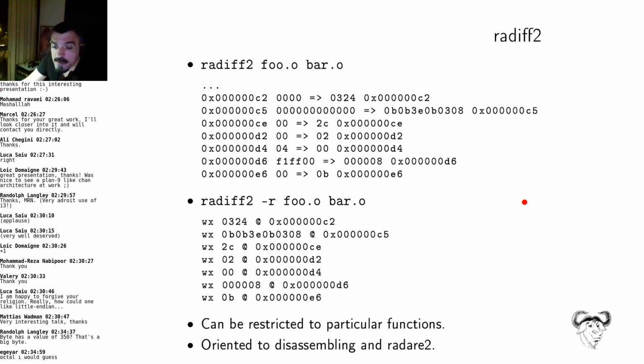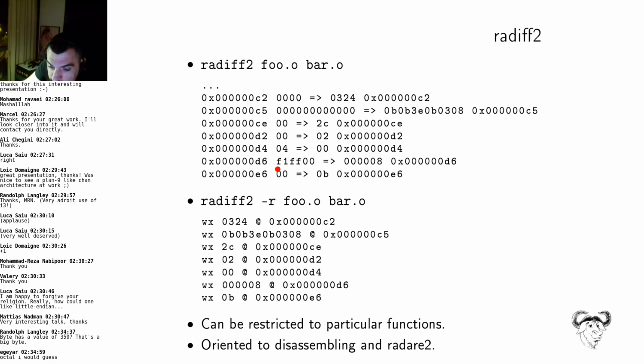Then there are some tools which are more sophisticated, like radiff2, which is part of Radare2, which is a quite nice suite for reverse engineering and also binary tampering. Well, there is a command called radiff2 that gives you the difference. From the offset in the file, it gives you also the changes, like those 2 bytes turn into those 2 bytes, those 6 bytes turn into those 6 bytes,